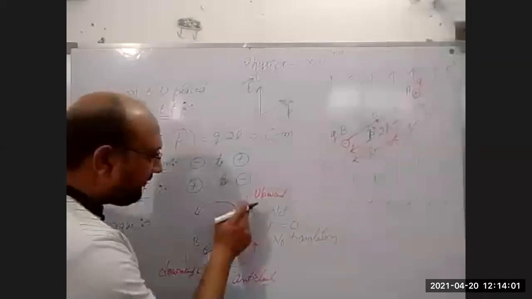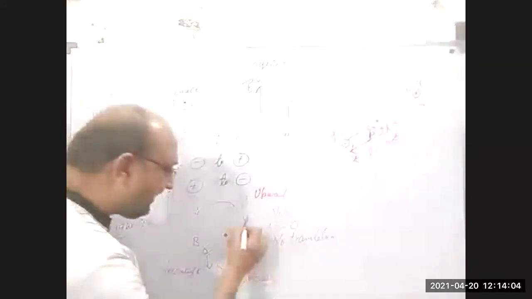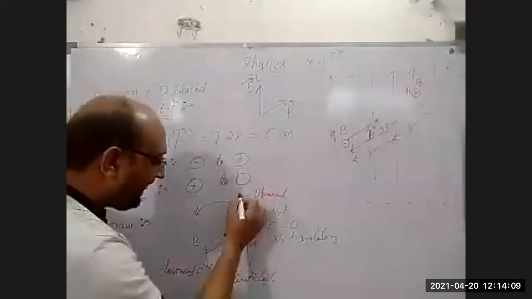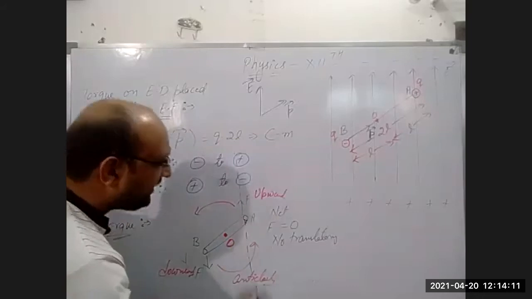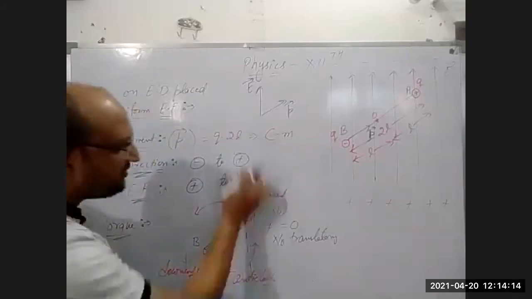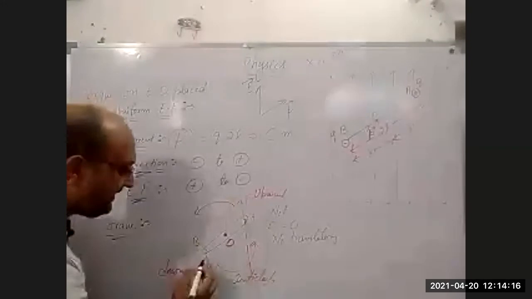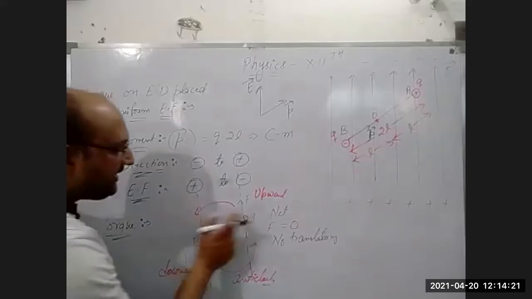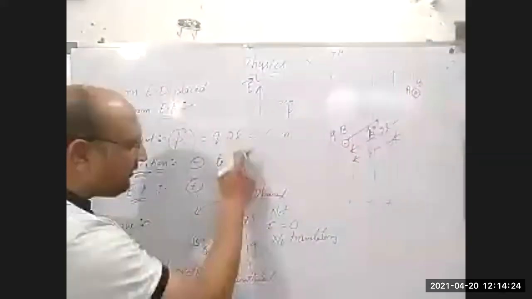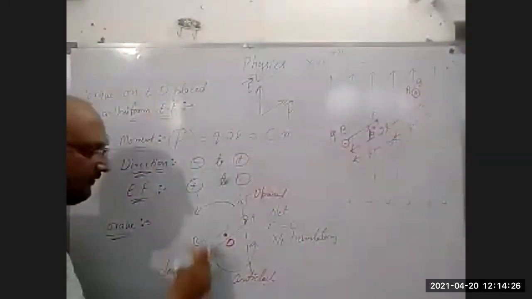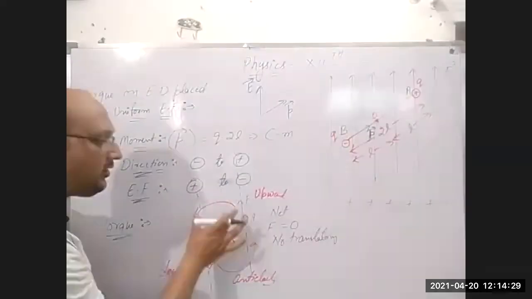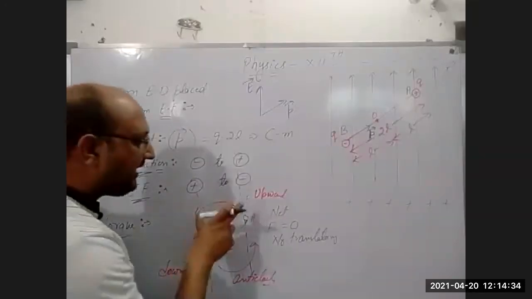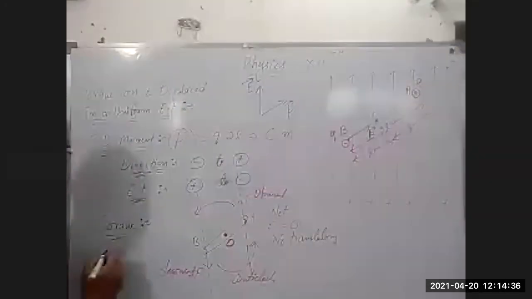But if the forces have different lines of action, what is the direction of this force? Upward. And if we extend this in the downward direction, this is the line of action of this force. In this way, you can take the line of action of this force also. You can see here, this force has this line of action, and this force has this line of action, and they are not the same. That's why, if two equal and opposite forces